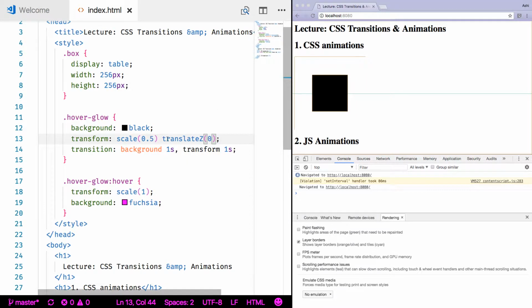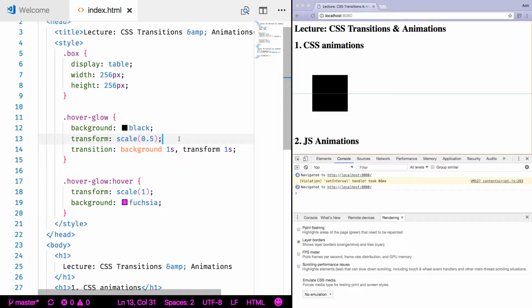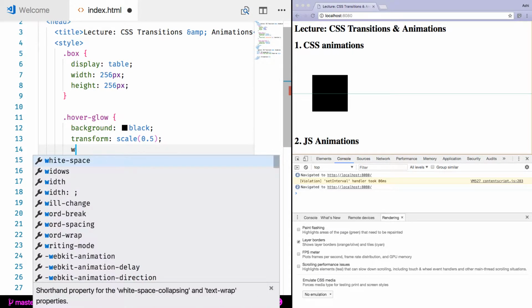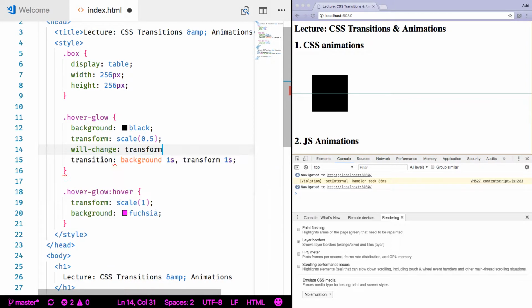The reason you'll sometimes see this is because people want this animation to start off without any delay, that is, without the delay of putting this thing into a layer to begin with. It's pretty imperceptible in this case because the animation is simple, but there's a very minute delay where the layer has to get created. The better way of specifying that is to say that will-change: transform,